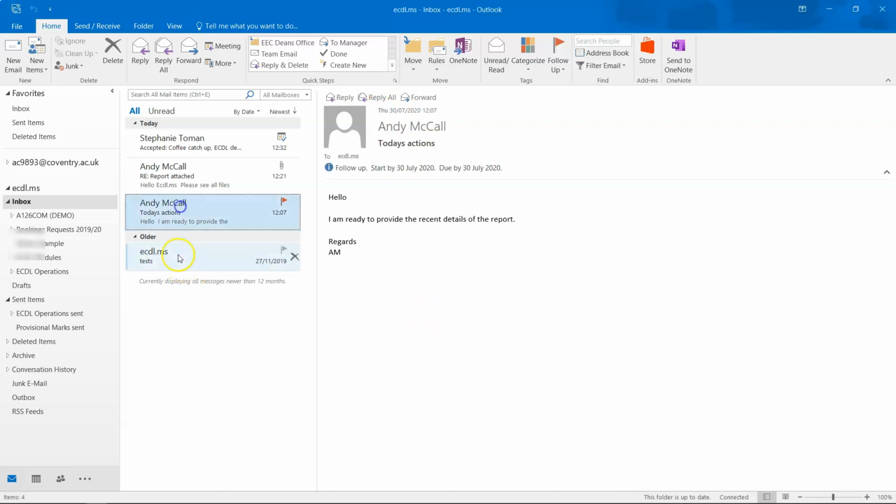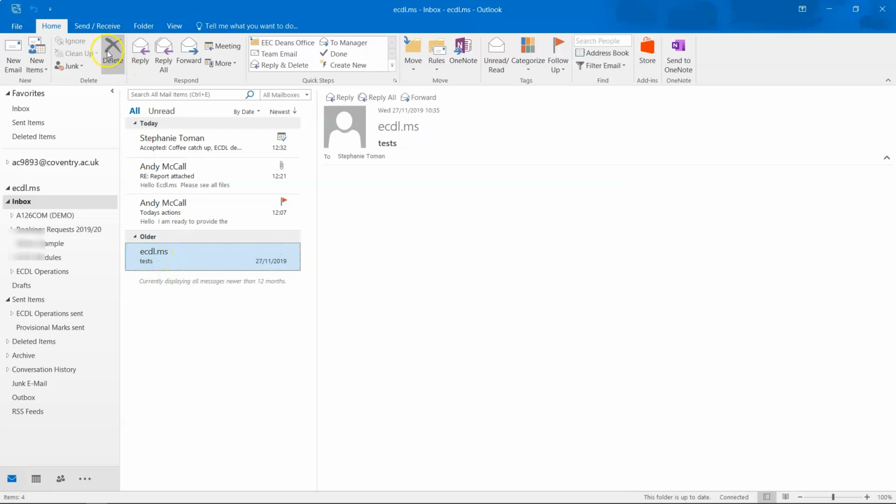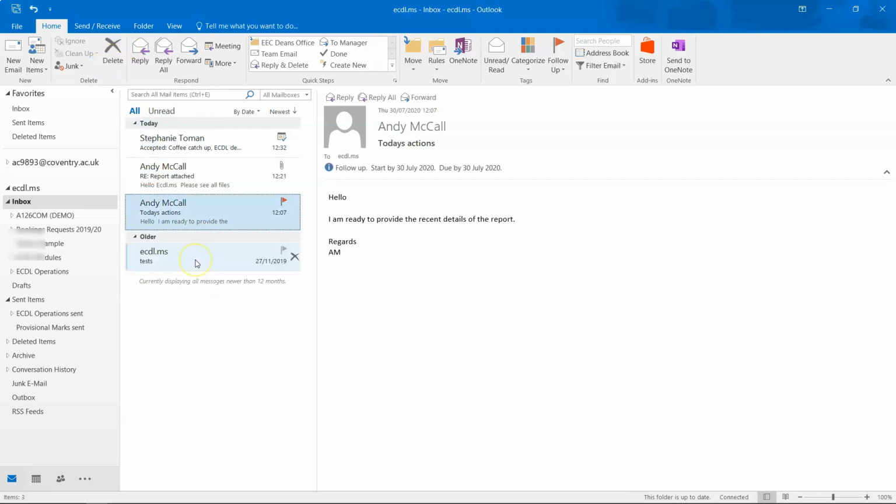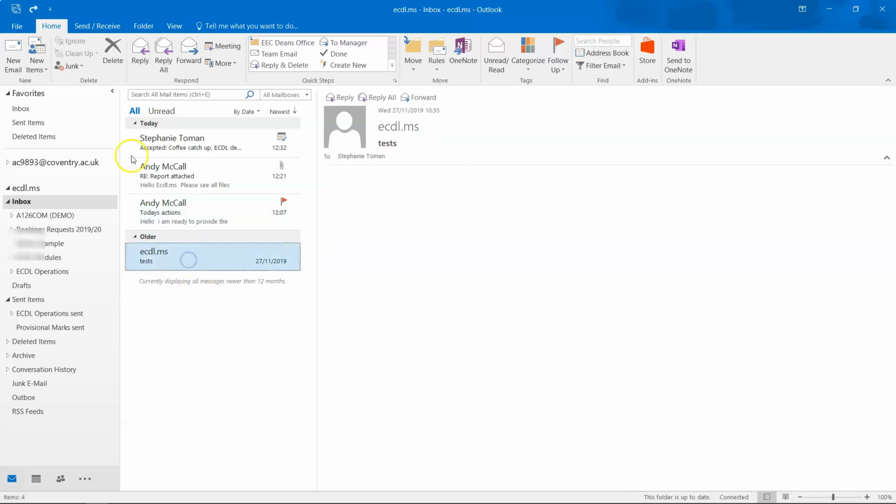So we select the email in question, so we use that as an example, and it's just the delete button just there. But make sure it is the one that's been selected and you delete there. But you can also press your delete key on the keyboard and it will get rid of it also. But just to be aware that in your test you'll probably be expected to select where you would go to